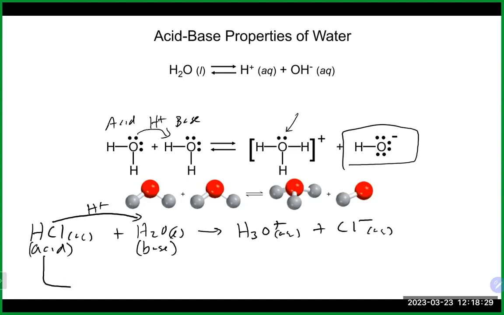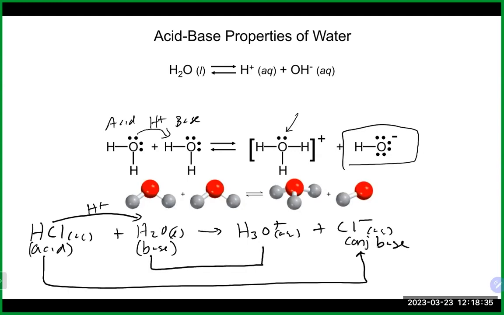Now, the acid here would be related to this guy, which would be the conjugate base. The base here would be related to this guy, which would be the conjugate acid. The only difference between those guys is that one H plus. This guy has one less H plus. This one has one more H plus. Now, again, regular acids and bases are on the left-hand side of the arrow, and the conjugate guys are on the right-hand side